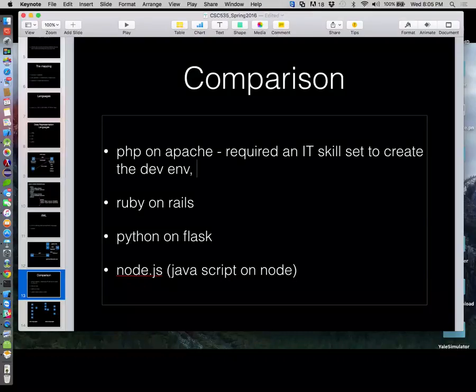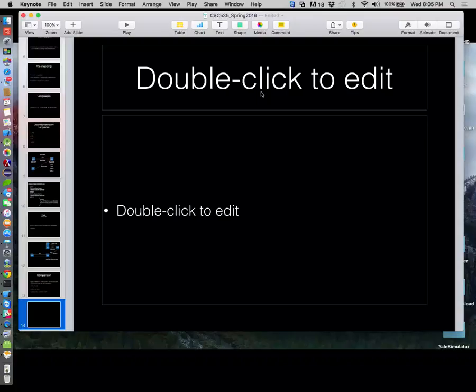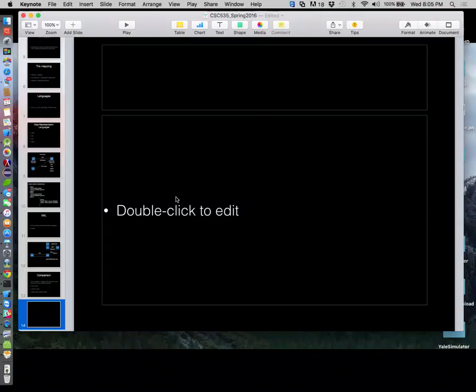Secondarily, PHP was not MVC compliant. And that actually did not make sense back then. That statement wouldn't have made sense until we introduced something else. And in fact, with that in mind,